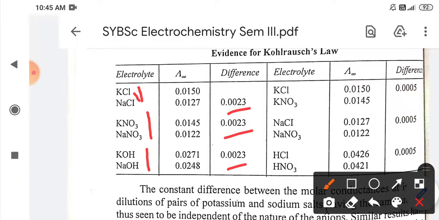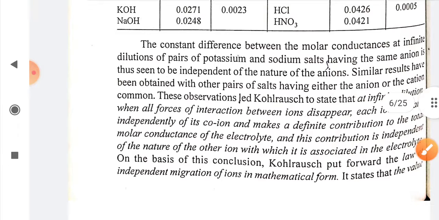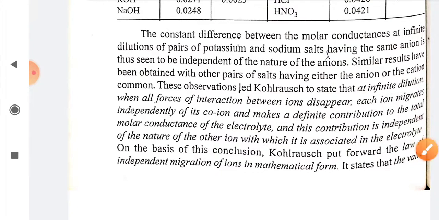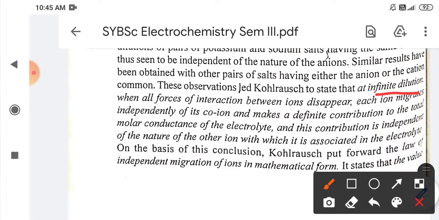Based upon this observation, Kohlrausch stated that at infinite dilution, when all the forces of interaction between the ions have disappeared, each ion will migrate independently of its co-ion,